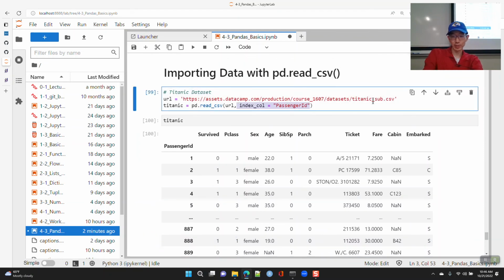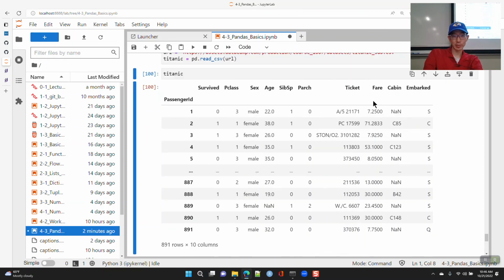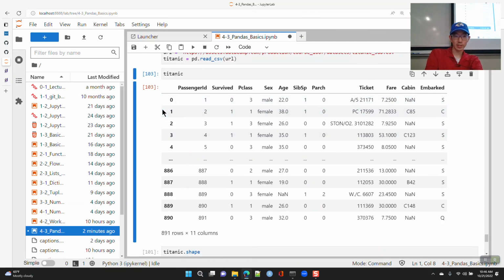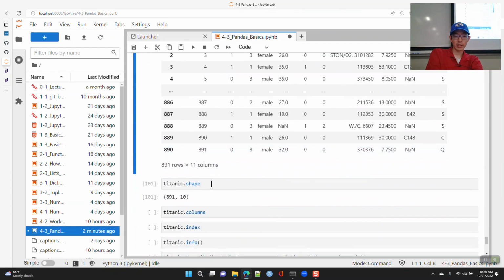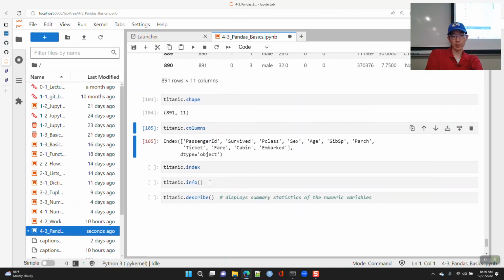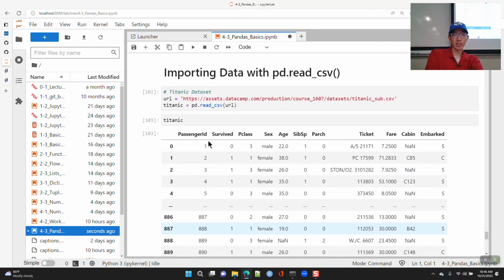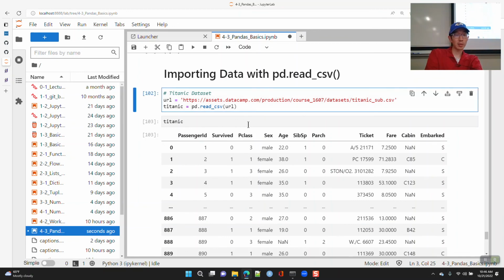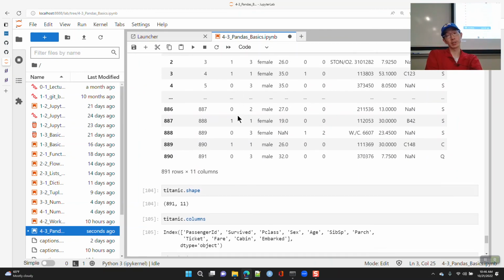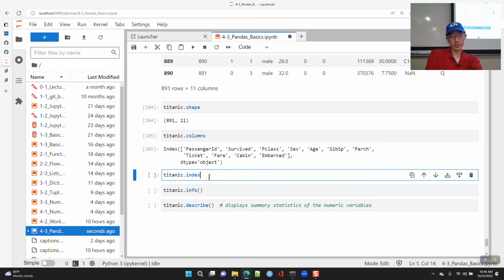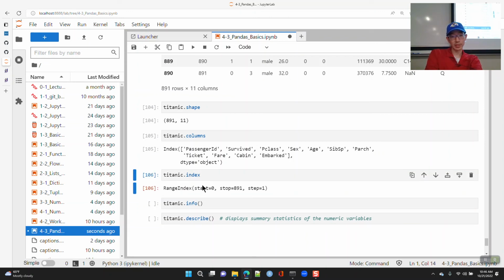Let me re-import this without specifying the index, so it's going to add the index, and now we have 11 columns, and the shape is 891 by 11. We can ask what are the column names. Passenger ID is one of the column names versus an index, and again, that's an option that you can use under read_csv. And here the index is the default range index, okay.